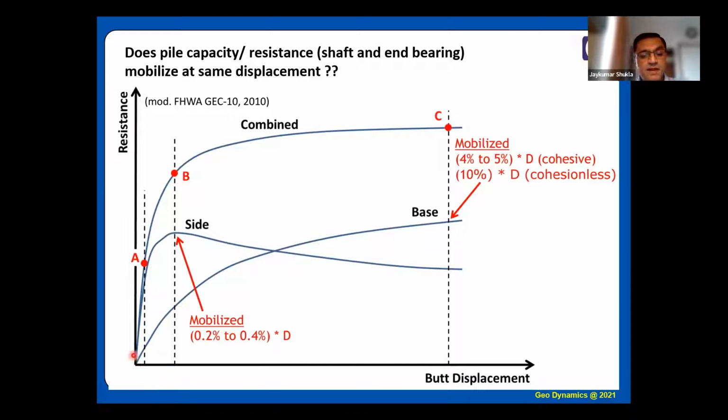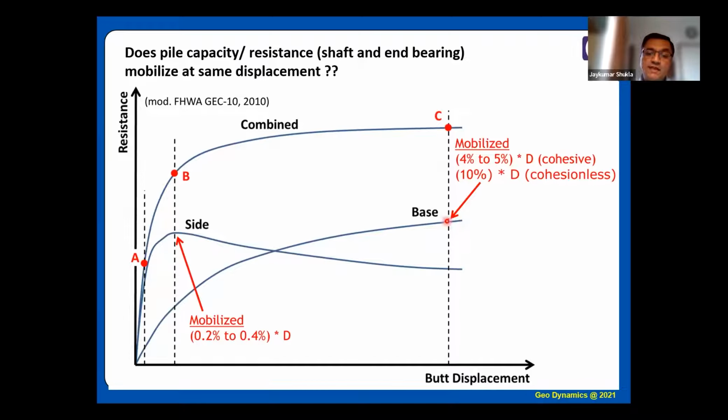But in case of end bearing, you need to push the pile to a certain extent of approximately 5% to 10% to mobilize the end bearing resistance, which means my final resistance is over here, but my practical allowable displacement is here. And usually I am referring to this because at a smaller displacement of 12 mm to 18 mm, which is as per IS Indian standard, I could not get the end bearing fully of what has been calculated over here.